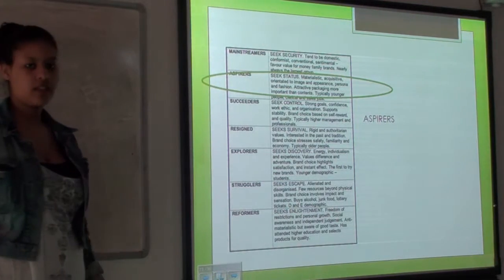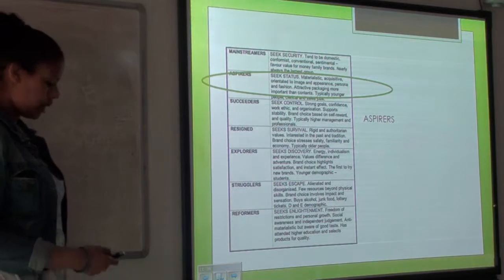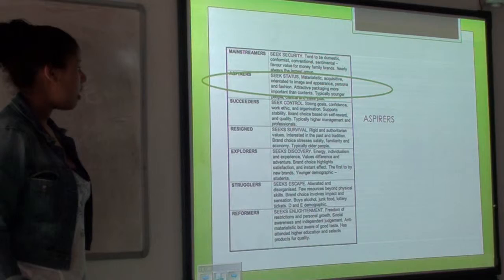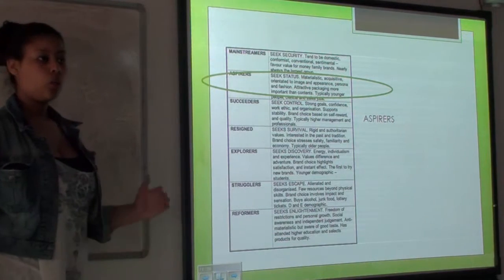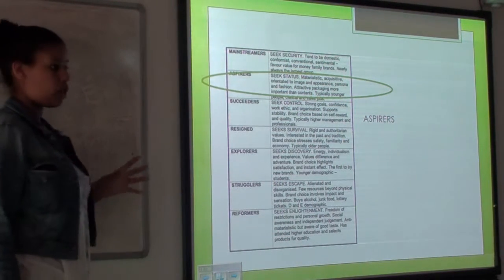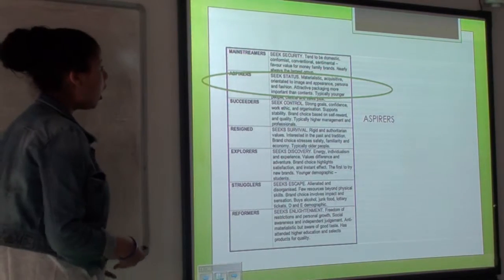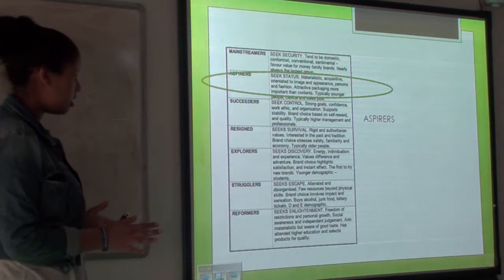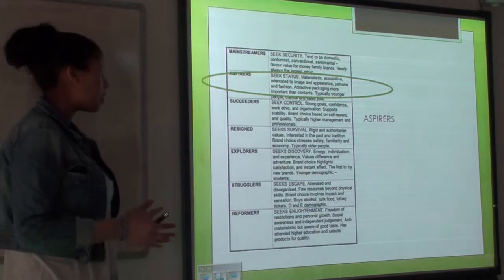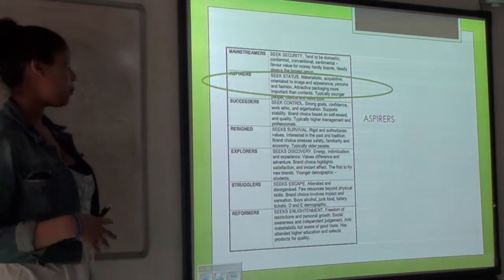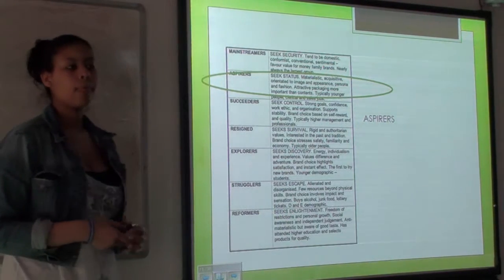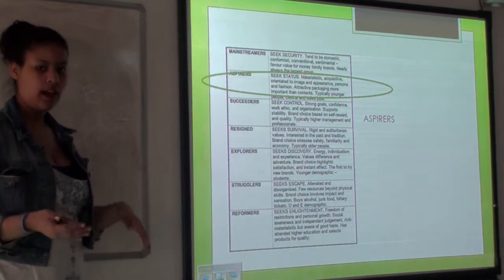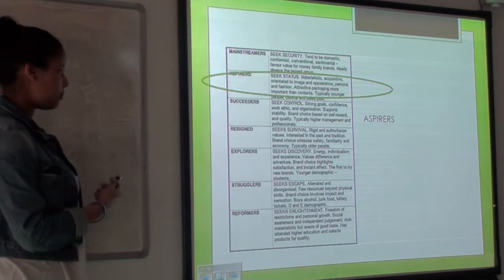Our target market would fit into aspirers because, as it shows here, they would seek status and be materialistic, so all the fashion advice and trends would relate to them. Very image orientated, they care about their appearance and fashion, and find attractive packaging more important than the content. So when making my magazine, I tried to make it colourful and attractive to the eye with very nice fonts, which would